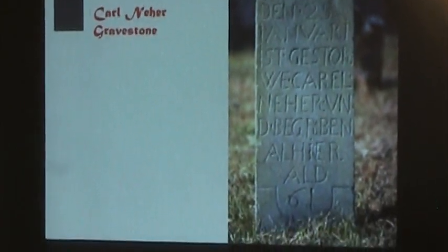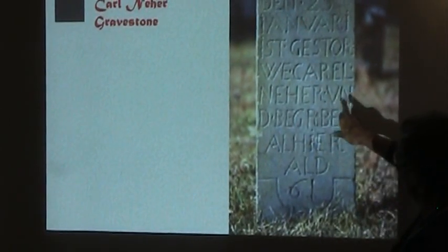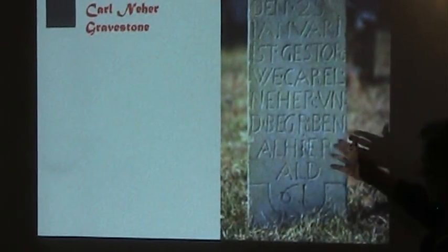And the gravestone is interesting in the way it's written, because they just keep running letters around. So here is UND for and died at 61 years old. So it's kind of